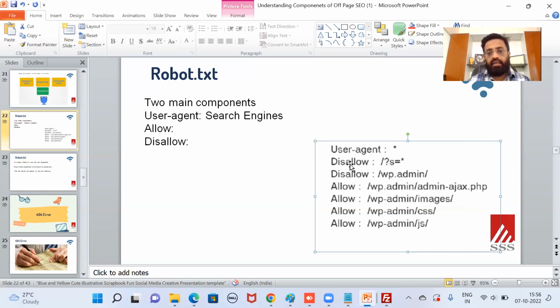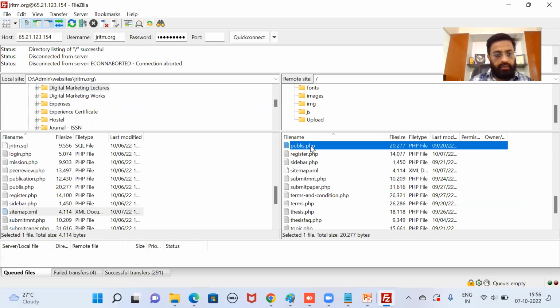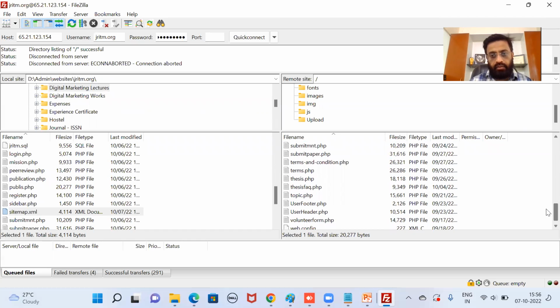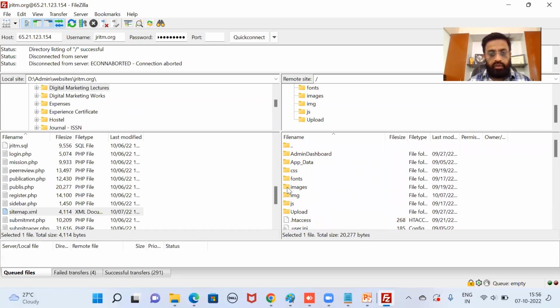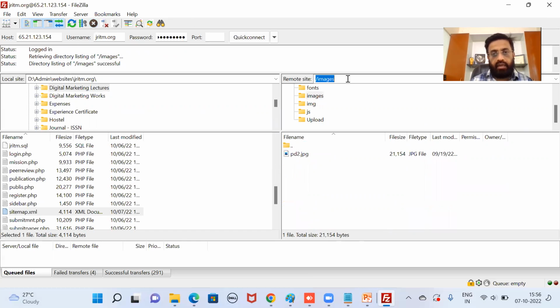So in our case, you can see there are about, if we can count, 40 or 45 files altogether in this. And there are some folders. And if we go to these folders, there are many images and there are internal files also. So now it is our duty that we should tell the search engines that only spend time in the important